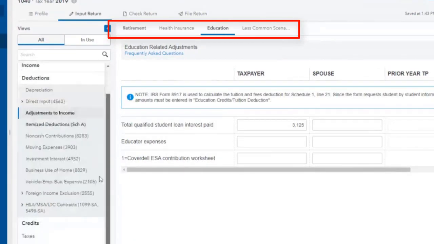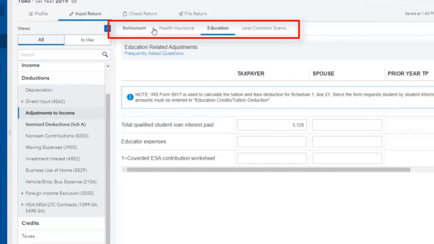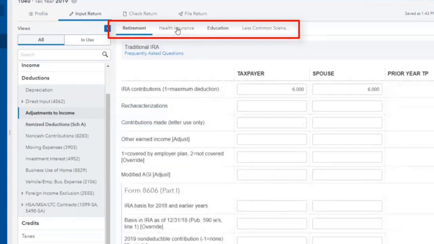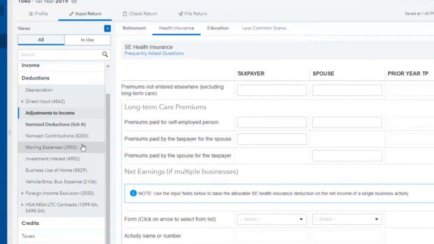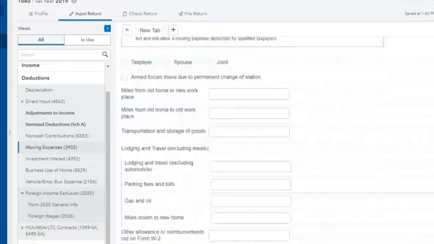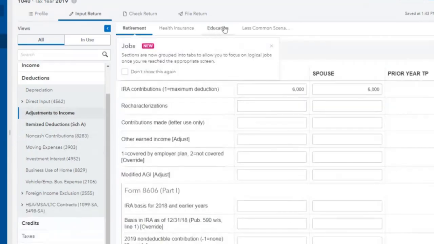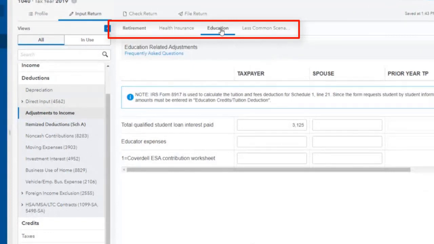So there's tabs on the left-hand side here, but also on the top horizontal section here, that you could click on to get to a particular input screen. For example, let's say I didn't know where to put education. I couldn't find it. It was hard. I was going through each of these and then I was going up and down, and I didn't realize that there was this menu tab on the top as well where you click on it to get to education, and